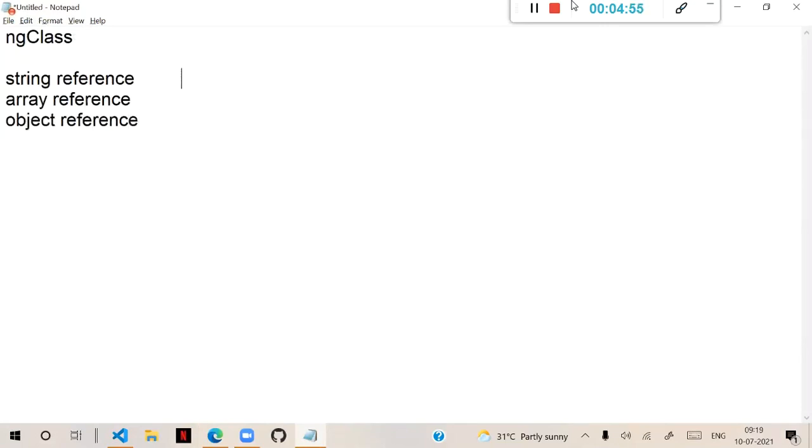String reference means a single class. If you want multiple classes to apply, you can use array reference. ng class is equal to